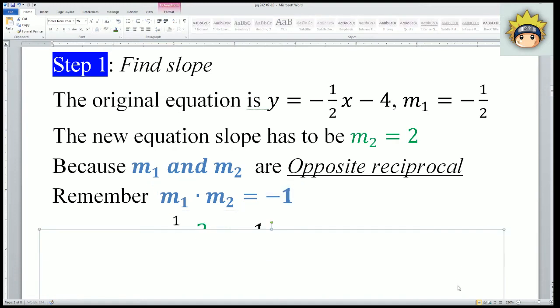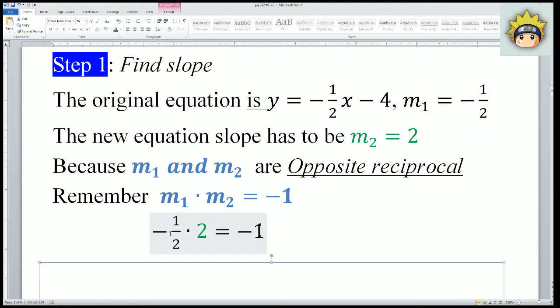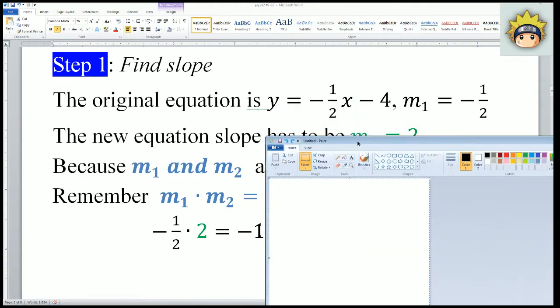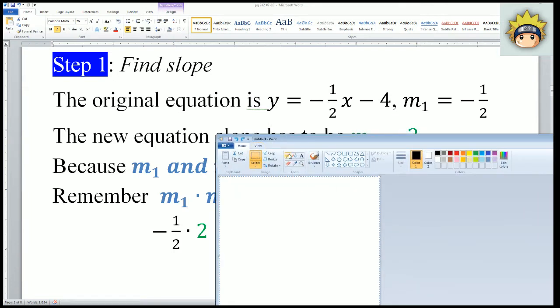Okay, let me show you. -1/2 times 2 will get me -1. This is how I know that m2 equals 2 is the opposite reciprocal. Let me show you how to find that. Okay, I have my slope value here